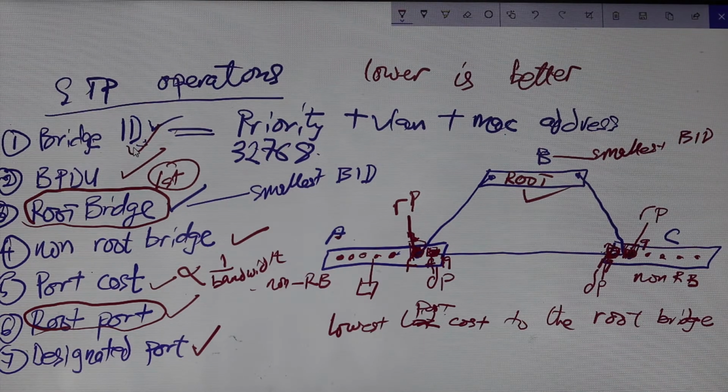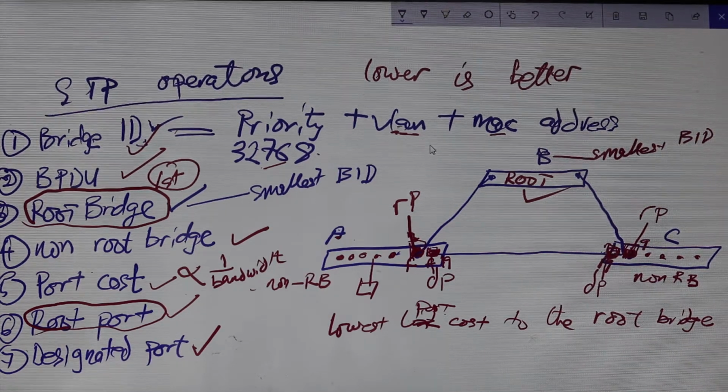So the bridge ID basically is a combination of the priority, which is the switch ID. By default every Cisco switch comes with a default priority of 32768. Beautiful. And then plus the VLAN, and every switch has a default VLAN 1. And then the MAC address. Good. So that gives you the bridge ID. You've done well. It's a good attempt. Let's move on. So now a port has to be blocked.